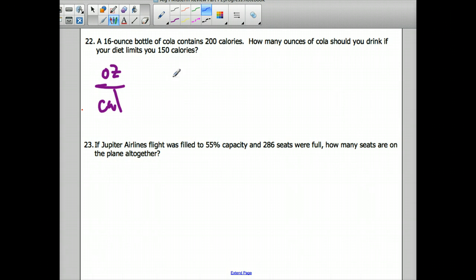So what I'm going to do is say 16 ounces is to 200 calories as X ounces is to 150 calories. So what we're going to do here is cross multiply and solve, and since we're going from 200 calories to 150 calories, it should be obvious that we should get an answer that is less than 16 ounces. So whenever you have a problem like this, you cross multiply